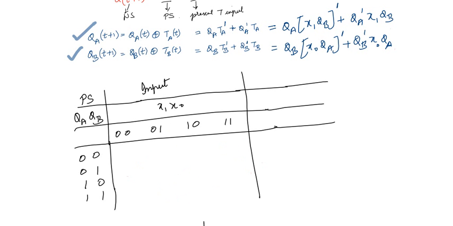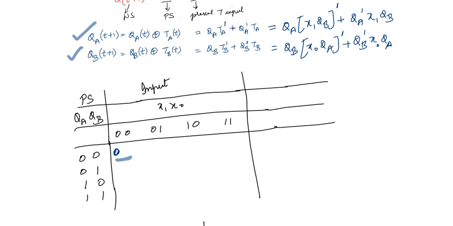After we fill the next state, we are going to take the output. First we will do this. Let us take the first row and I will do it one by one. For this one, what is the QA value? QA is 0, QB is 0, X1 is 0, X0 is 0. So QA is 0, and 0 into anything is 0, QB 0, X1 0, all are 0. So 0 plus 0, QA(t+1) is 0.